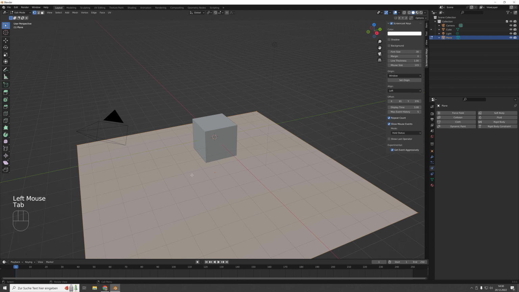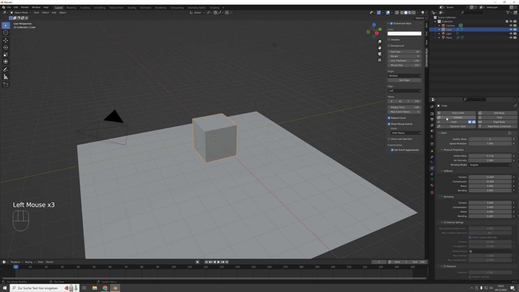Switch to edit mode and subdivide this by 20, because when we work with these simulations and objects collide, it's always important to have enough vertices for the physics simulation calculation. And this is our ground, it's our collision, and we're gonna make this cloth, and we're also